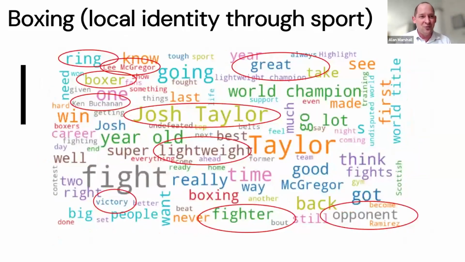This was quite an interesting word cloud, which was all linked to boxing. So you can see here words like opponent, fighter, lightweight, and there are also names here which are boxers who are linked to particular Edinburgh boxing clubs who have had successes in the ring over time. And so we really included this